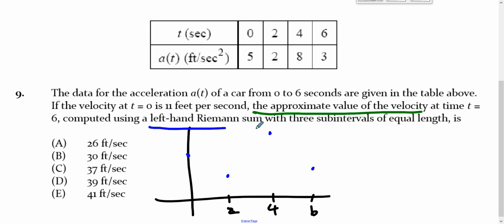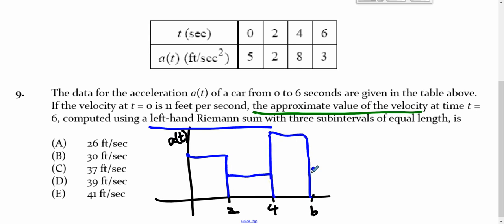You're looking to do a left-hand Riemann sum. So this is an acceleration graph. If we find the area under an acceleration graph, it should give us a change in velocity. The integral from 0 to 6 of the acceleration is